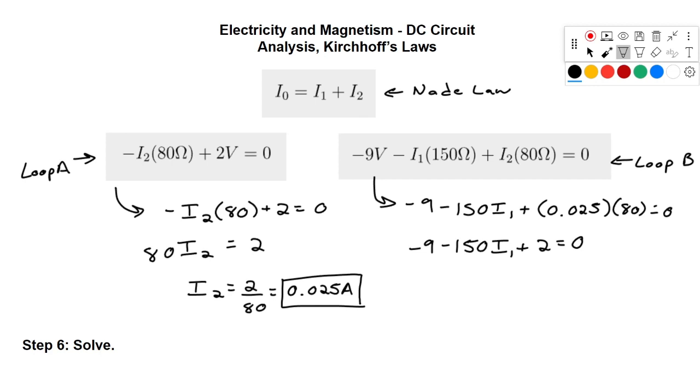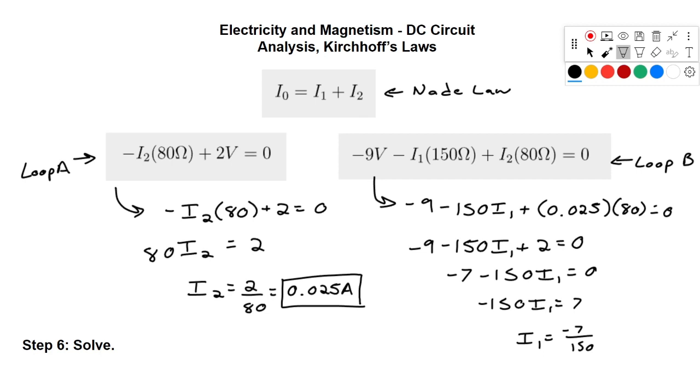So we have negative 9, positive 2, so negative 7 minus 150 I1 equals 0. We can move over that negative 7, so negative 150 I1 equals 7. And I1 is going to equal negative 7 over 150,